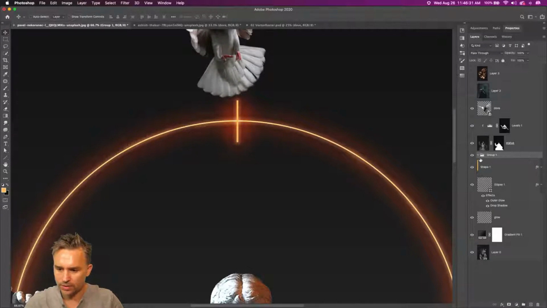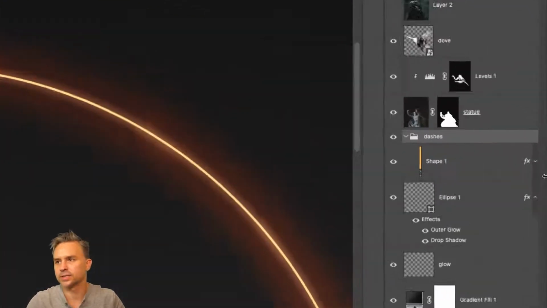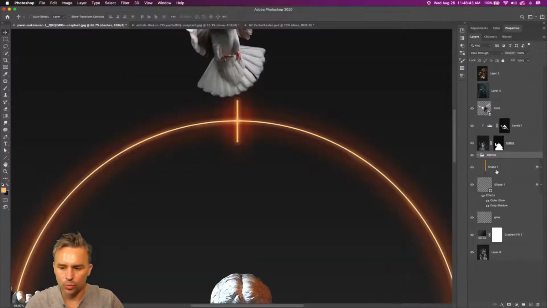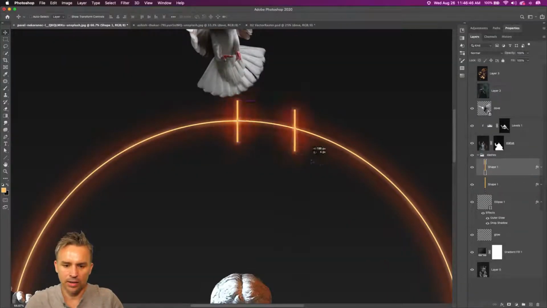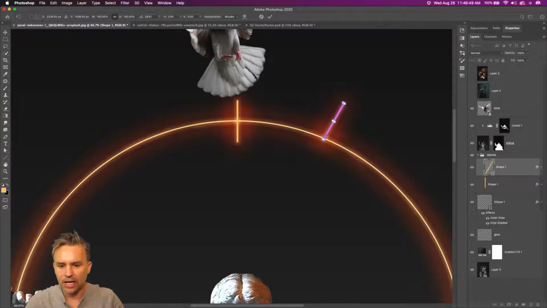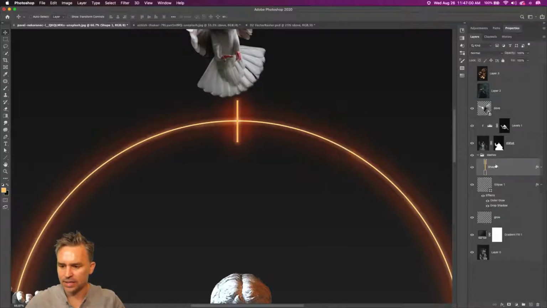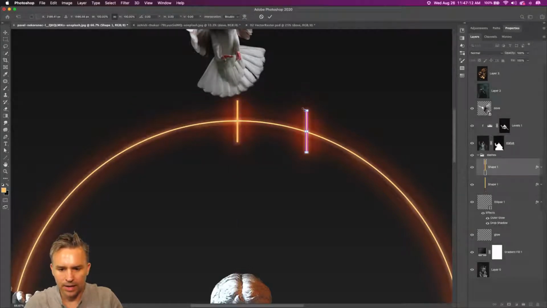Let me show you something else. You ready for this? Love this. We'll call this new folder dashes, okay? And what I'm gonna do now is a step and repeat. So rather than duplicating this and moving it over and rotating it 12 or 24 times, I can delete that and do this. Option Command T to transform this. Now I'm gonna move this over and rotate it